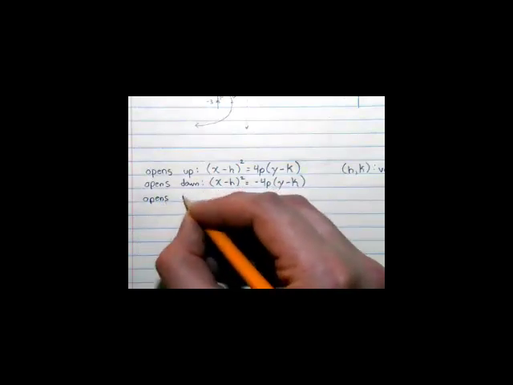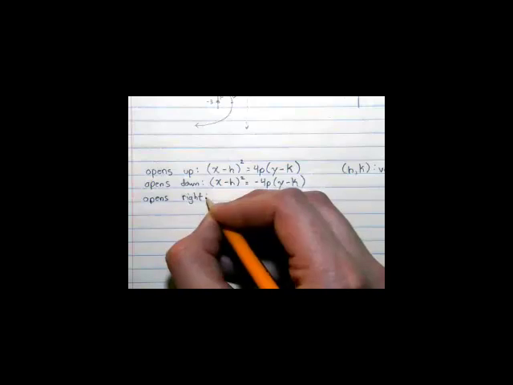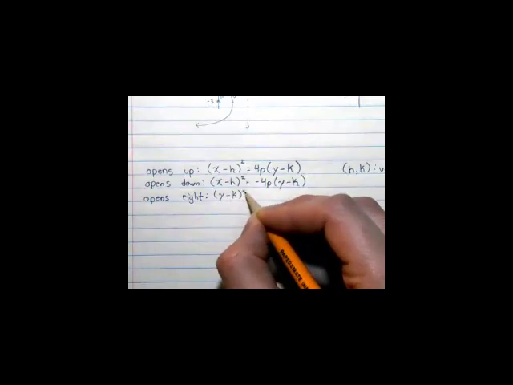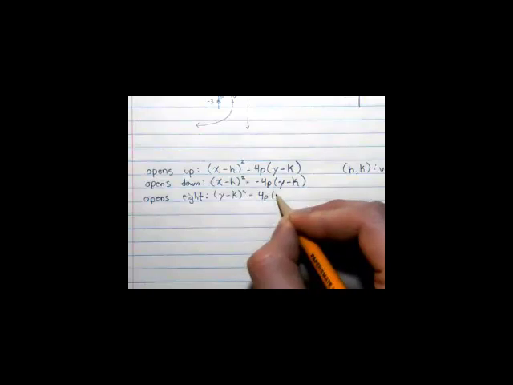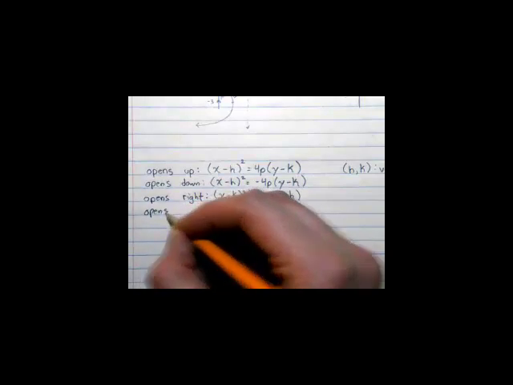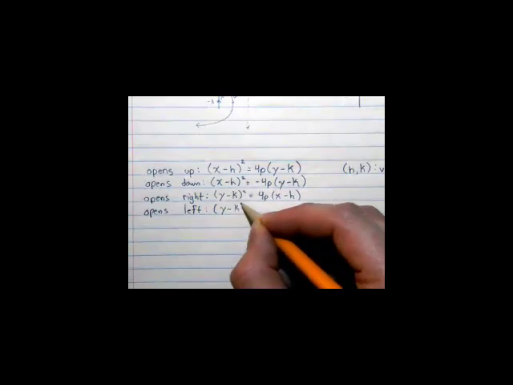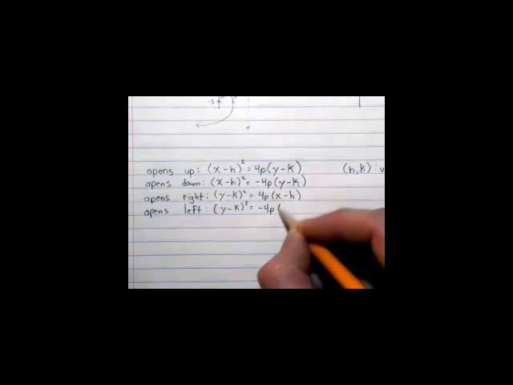If it opens to the right, then instead of x being squared, it's y that is squared. Now be careful with this, though, because it is still y minus k squared equals 4p times x minus h. h always goes with the x, k always goes with the y, because look at the coordinates of the vertex. The h is the x, the k is the y coordinate, so we still have to make sure they match that way. Then opening left,